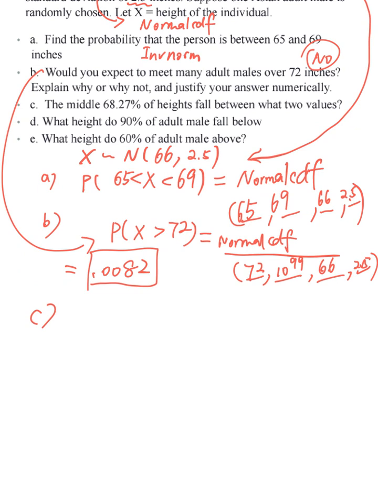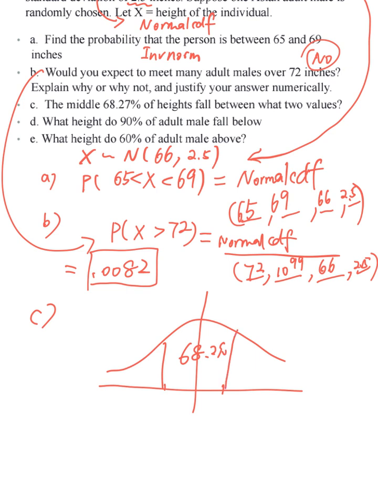And for part C, the middle 68.27% of heights fall between what two values? So we are looking for two values. And for the middle 68.27% of heights between these two numbers. Okay, so if I translate this into a graph, it's equivalent to, could you find the number A, could you find the number B, so that between A and B we have